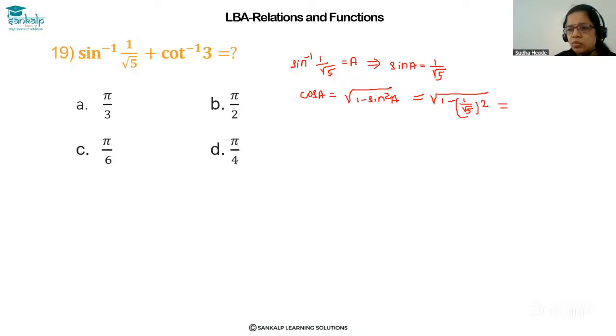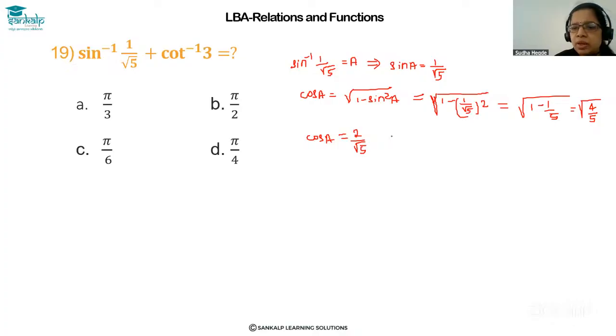So that is equal to, you have to take square root full. That is equal to under root 1 minus 1 by 5. That is under root 4 by 5. Take LCM, simplify. Therefore, cos A is equal to root 4 is 2, so 2 by root 5. So now you have sin A is equal to 1 by root 5 and cos A is equal to 2